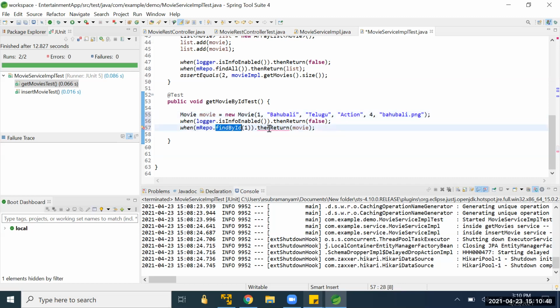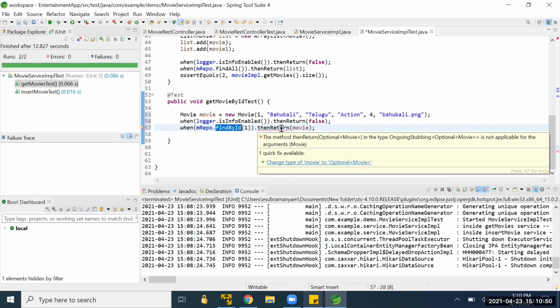When we call this, it should return the movie. They want the movie as an optional object, otherwise we won't get it here.